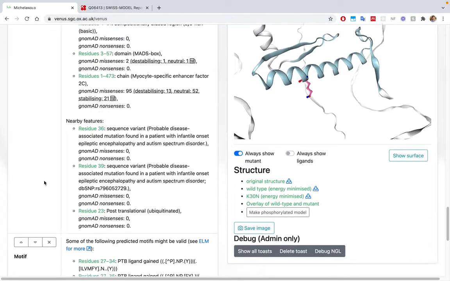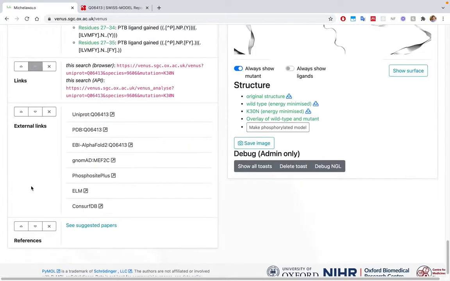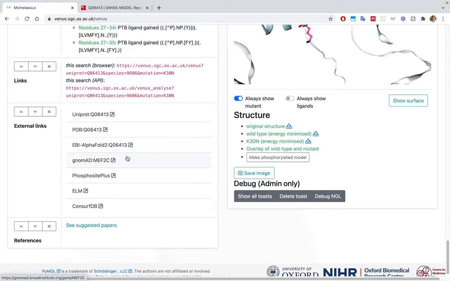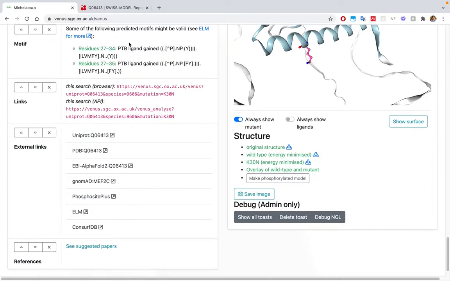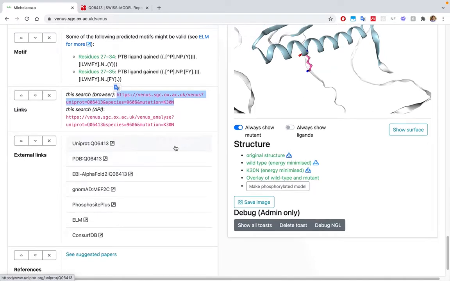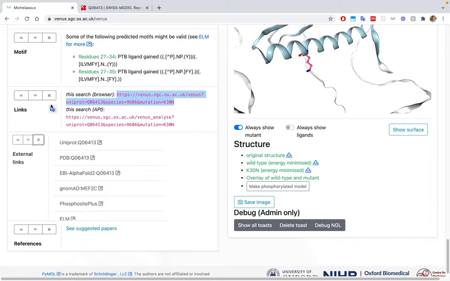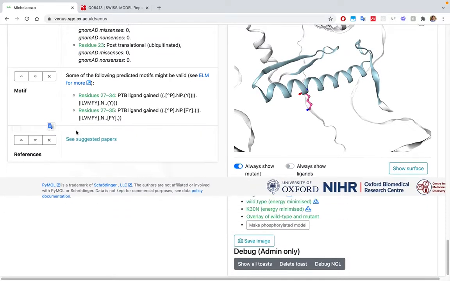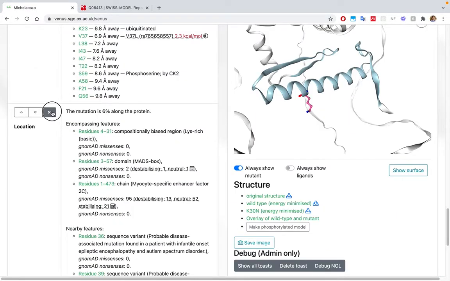So, lastly, say we're quite happy with our results, we can go and inspect the various sources it came from, say PhosphoSitePlus for the phosphorylation, ELM in case we broke a signaling sequence. We can share a link to recompute these values, or we can tweak what we see over here, making it ready for export into